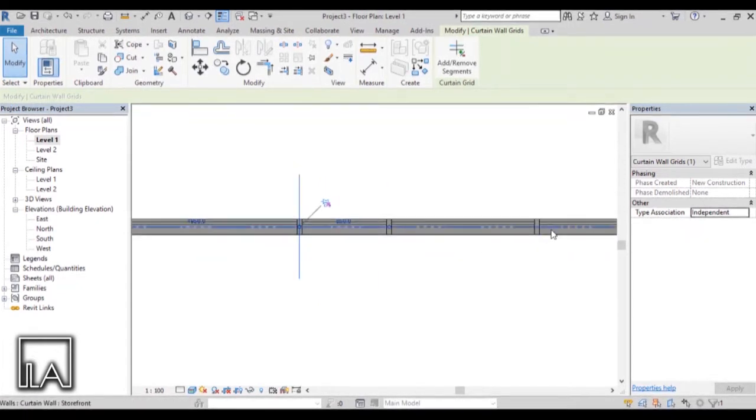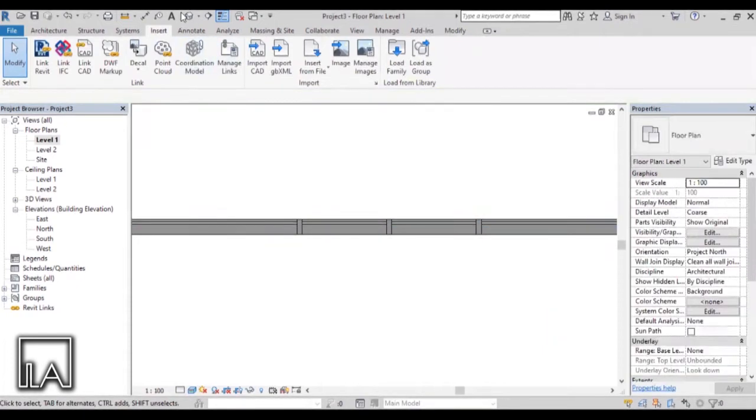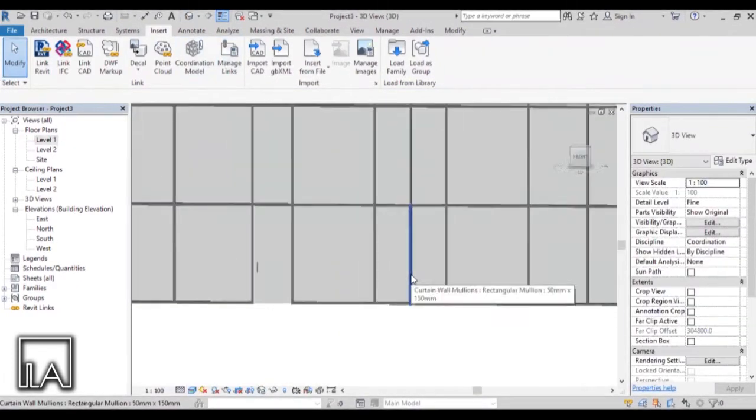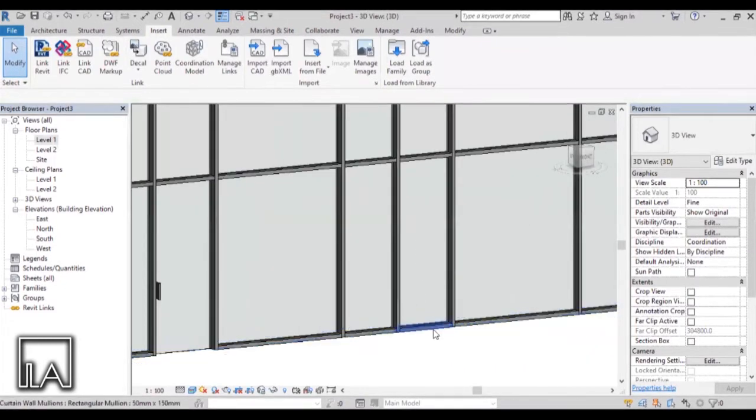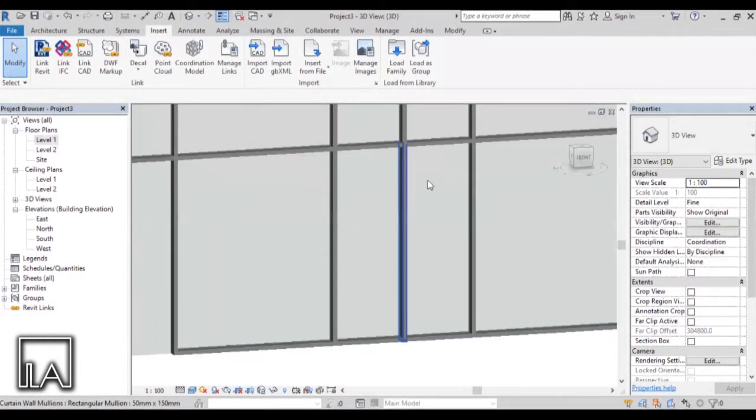Similarly, for this mullion as well. Now let's go back to the 3D. Okay, so now this looks fine, but I need to remove this mullion from the middle.